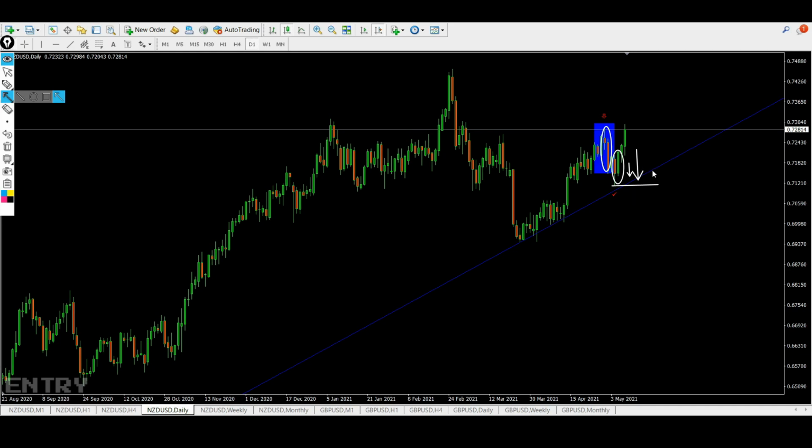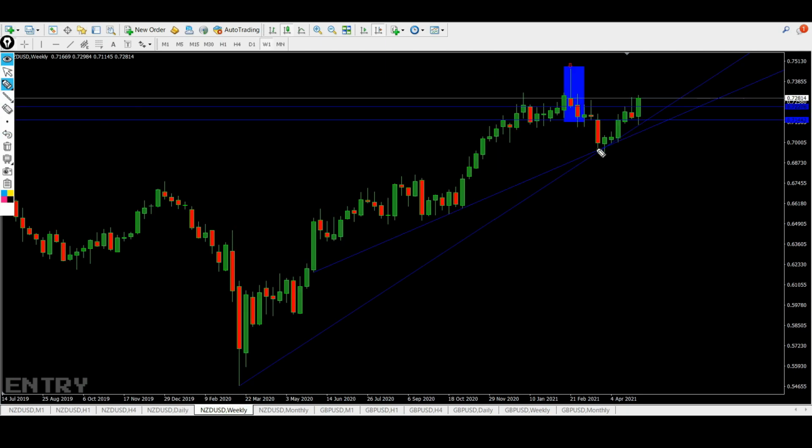And if that happens, perhaps I'll take a long right back up to our medium term target at this pivot high right here. However, like I mentioned on the last intraday trade, this long entry depends on the situation on the weekly chart, so let me take you over there. Okay, so on this weekly chart, although this idea is much further out in the future, if two consecutive red candles form